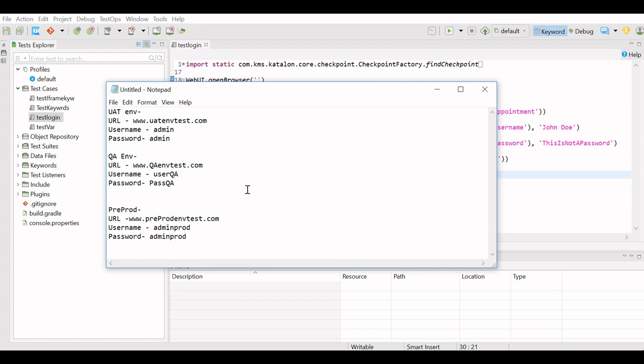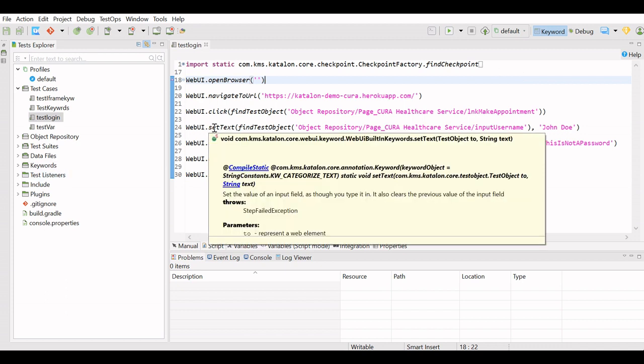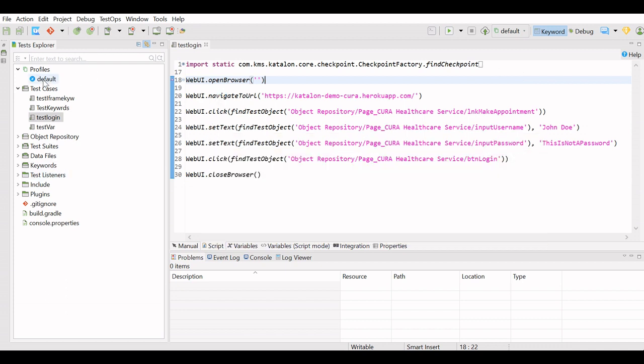So how do we handle this in our project to make sure that we execute the same set of tests again and again on different environments? For that we have the facility of profiles. Here in our project, the Profiles folder gets generated.